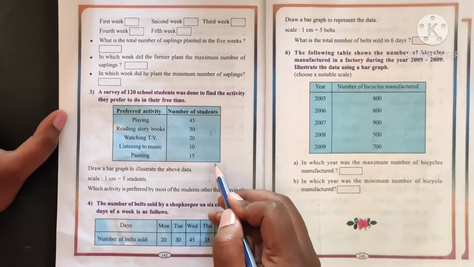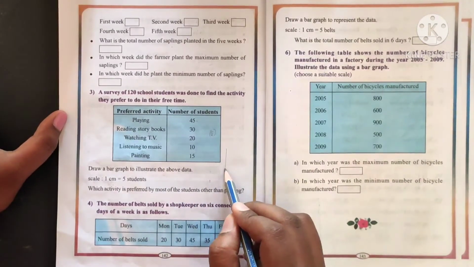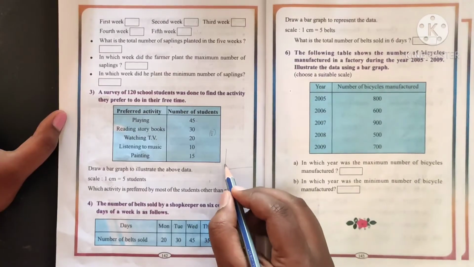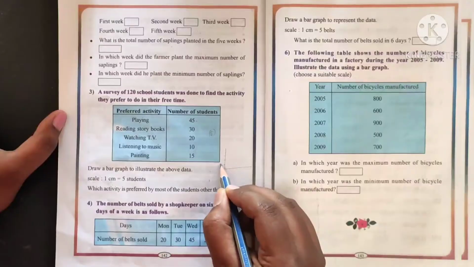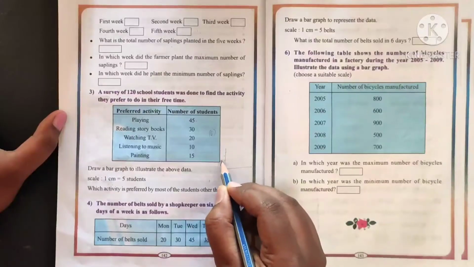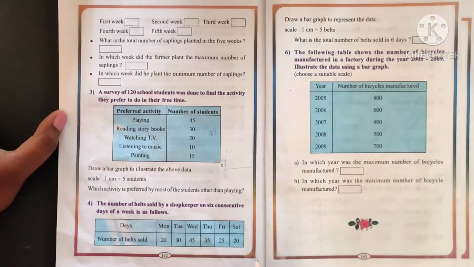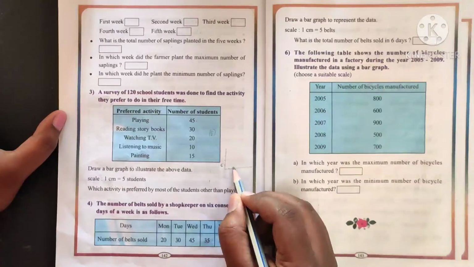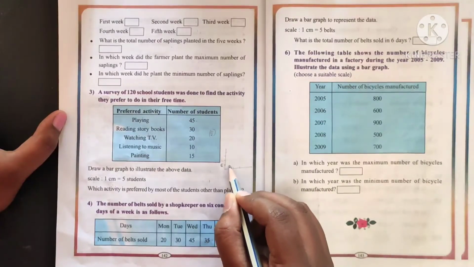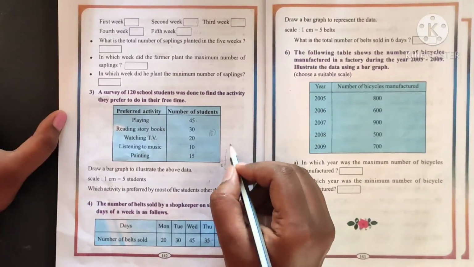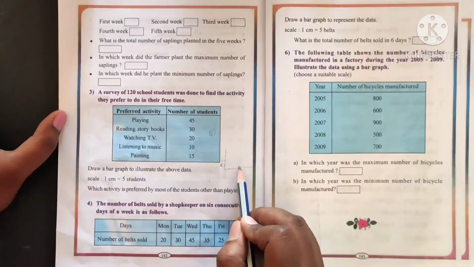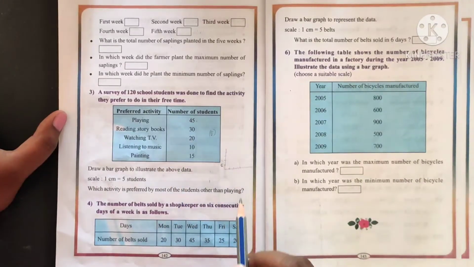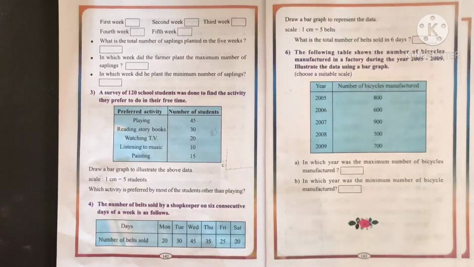The bar graph will be sent to you later, or else I can give you one idea. Draw 2 lines perpendicular to each other. The scale taken is 1 centimeter is 5 students. So 5, 10, 15, go on writing the numbers. And here also 1 centimeter you have to take. First leave the gap, then the first bar, that is of playing, should go till 45. Next leave a gap of 1 centimeter. The second one, reading books, should go till 30. So this you will learn when you draw the bar graph.